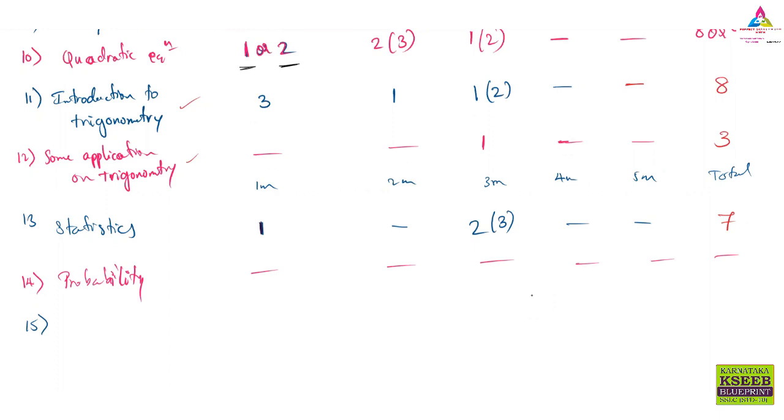The 15th chapter is surface area and volume. This lesson is important because here you see there are 3 multiple choice questions in total and no 2 marks question. There will be one 3 marks question, but with 2 questions given, you have to choose 1. The 4 marks question will be 1 again.